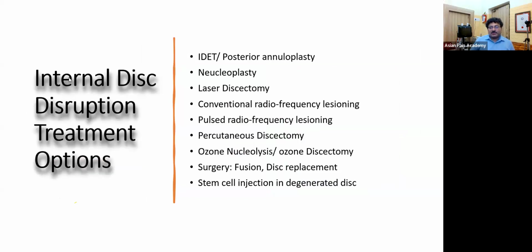Now coming to the treatment options. Remember, discogenic low back pain is still a challenge for the management, even for intervention pain physicians. So there are multiple procedures invented, among those the IDET, posterior annuloplasty, nucleoplasty, laser discectomy, conventional radiofrequency lesioning, no more recommended, but they were all tried. Pulse radiofrequency lesioning, Percutaneous discectomy, ozonucleolysis, fusion surgery, disc replacement, stem cell injection in the degenerative disc, all have been